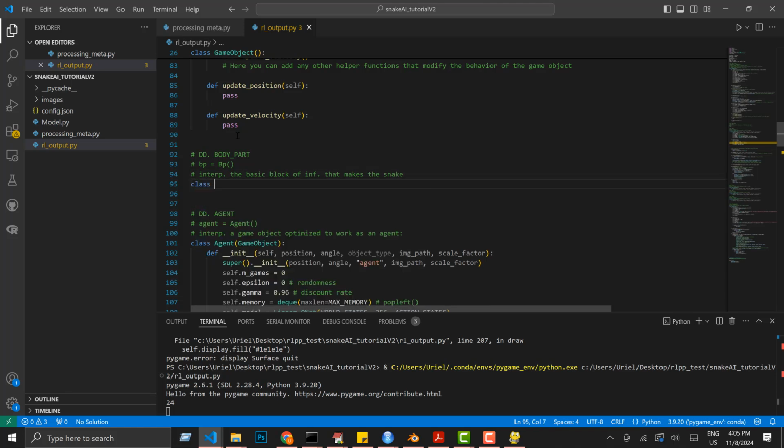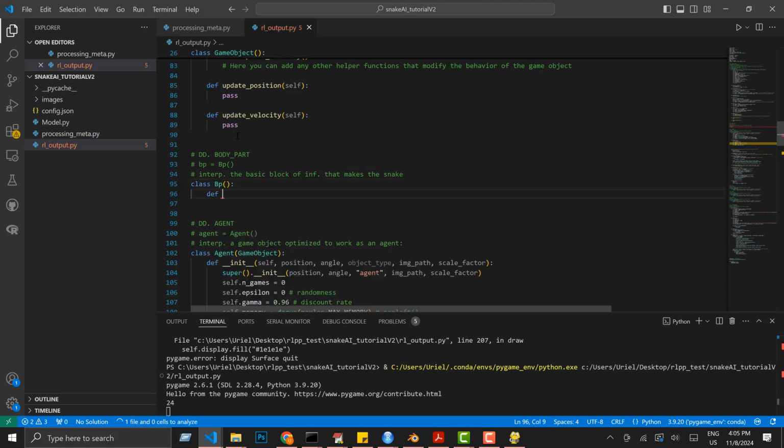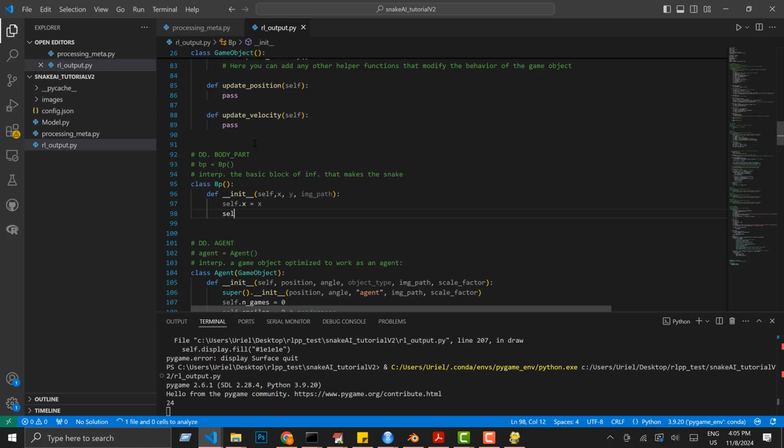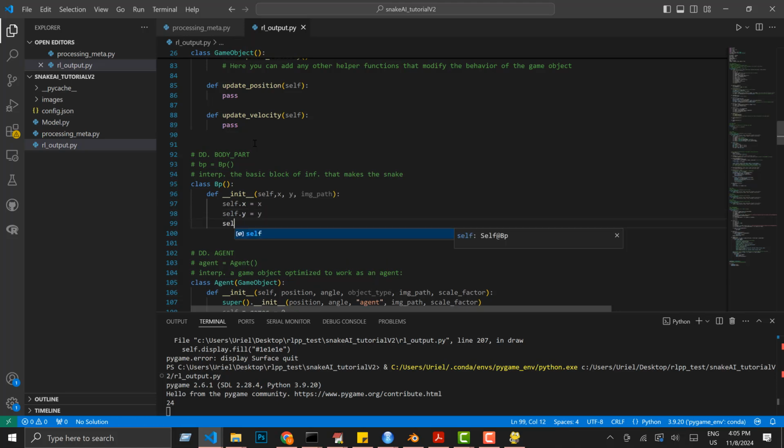Let's call it BP, and let's define its constructor. We start with self, and as we previously mentioned, we need to pass the position in X, the position in Y, and also the path to the image that will be representing the way that our body part looks on the screen. The position in X stays as X, the position in Y stays as Y, and the image will be produced by loading